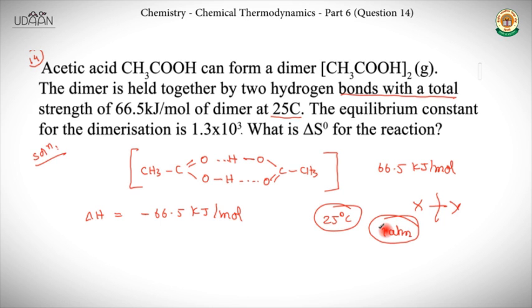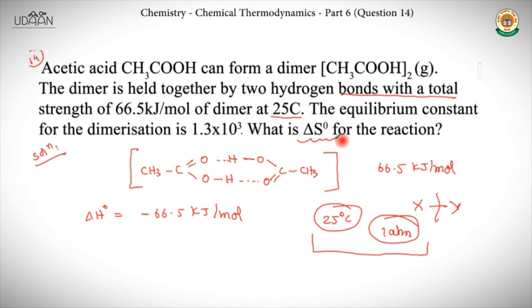It is happening in some vessel. So these are standard conditions, 25 degrees centigrade and 1 atmosphere. So the delta H that we got here is delta H naught. So you're saying if the question mentions standard conditions, 25 degrees centigrade, 1 atmosphere, exactly. So at standard conditions, we put everything as naught: delta H naught, delta S naught. They asked us to find